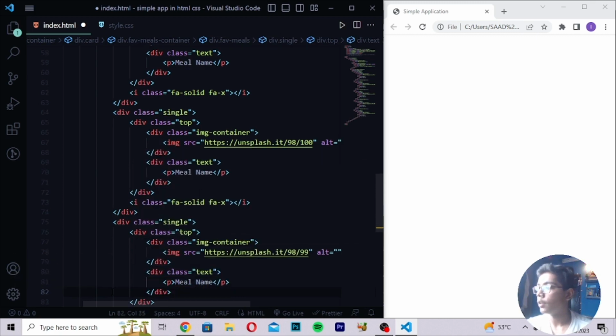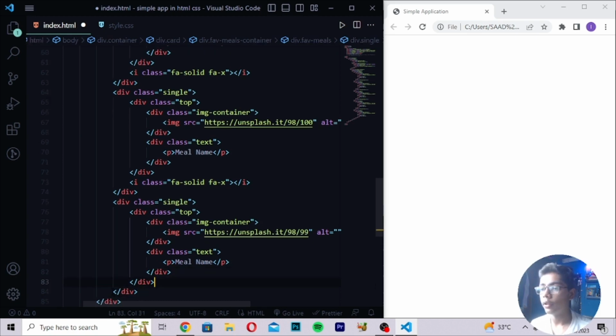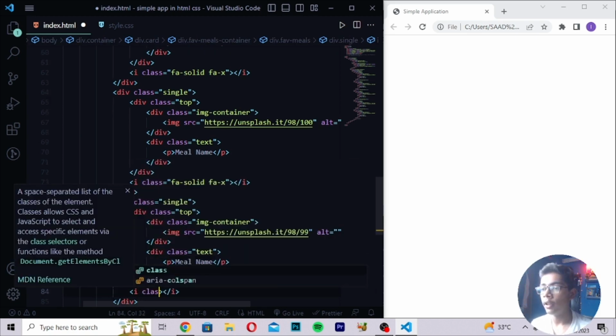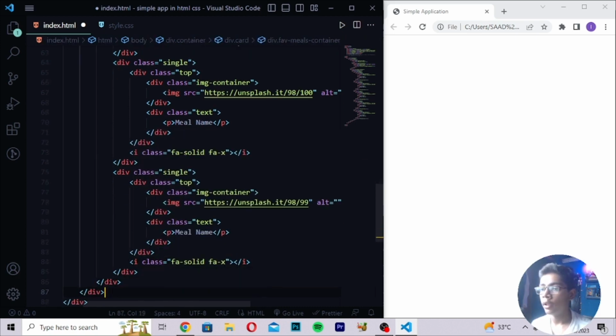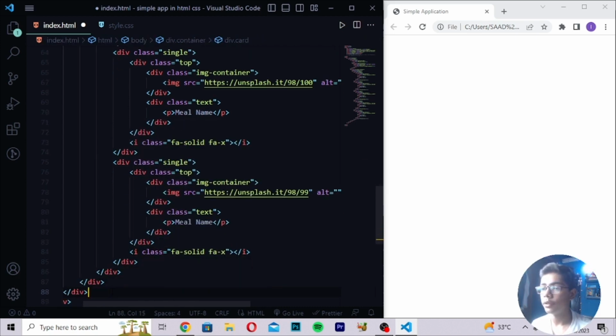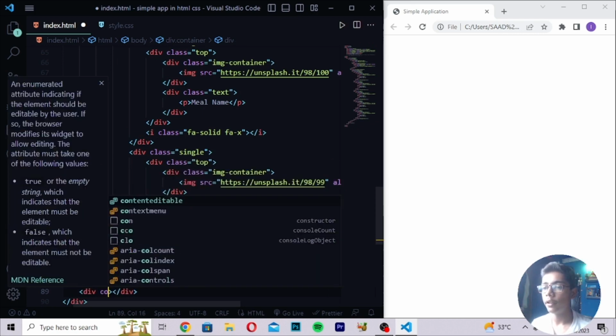Then you have to just do one thing. Here you have to now just move under these two divs, write here li tag, i tag, write here fa-solid, fa-x. Now here you have to just move after these four divs, then create another div of class